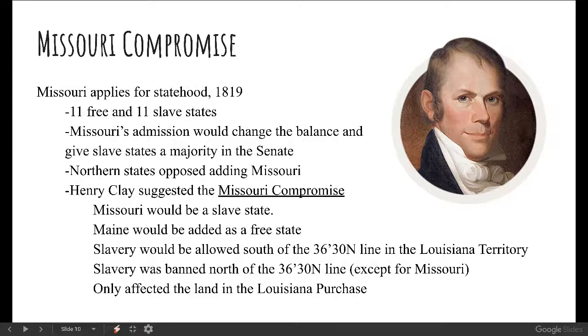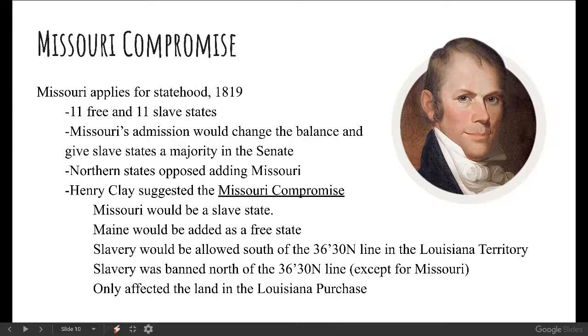All right. Okay, so we're going to get into some issues with slavery now, moving away from the reform movements and into these political complications that are going to help lead us to the actual Civil War. It's going to start here with the Missouri Compromise. Now, Missouri had applied for statehood in 1819 to join the Union of States. And at this point, we've got 11 free states and 11 slave states, which means that if we admit Missouri to the Union, that's going to change the balance of those slave and free states.